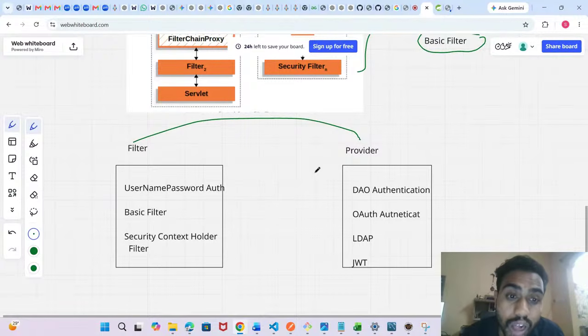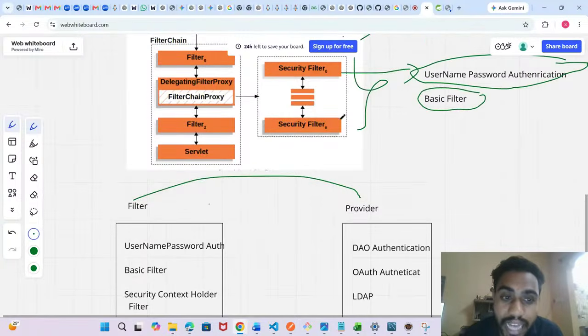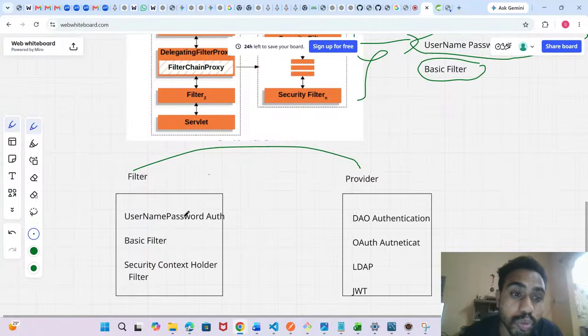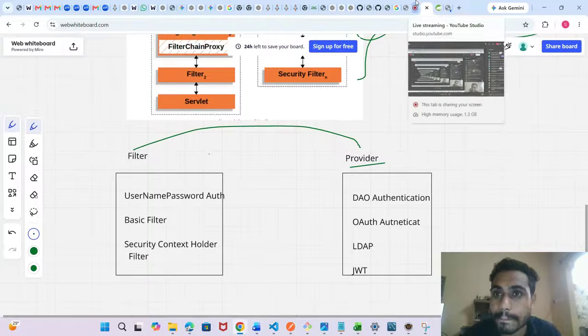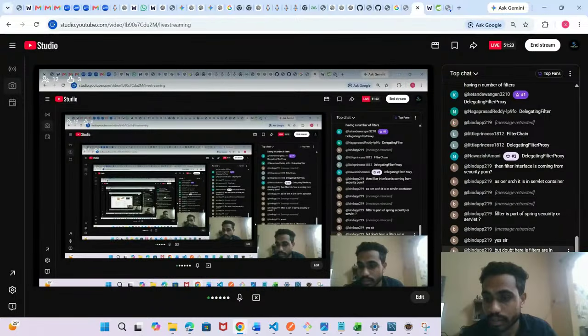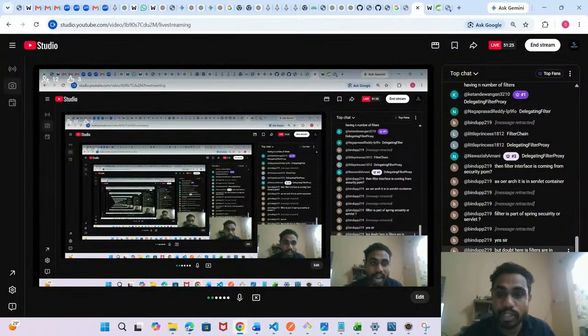Guys, I will show you all these things in the code base. I will debug and show you all these blocks. From here I came to know filters are the starting point. Inside filters, the most useful ones are three to four filters, and there are three to four providers. Now my question is, who is acting like an intermediate between filter and provider? Don't worry, I will show all those blocks in debugging mode. But first, let me explain the theory part, then we'll go for debugging.